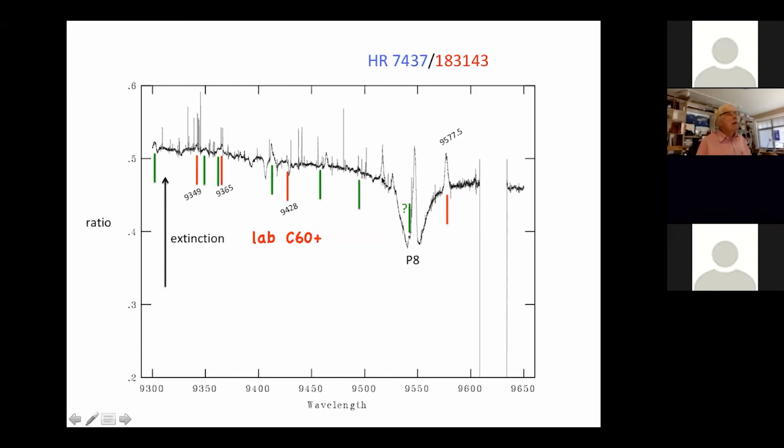This is a stellar line seen in reverse. Possibly even a diffuse band here. So not only are these lines of C60 plus present, we have a whole lot of other diffuse bands. And the real shortcoming, and the only shortcoming perhaps of ESPaDOnS, is the fact that part of this order falls off the edge of the detector. And so there's a gap where we'd like to see the other strong line. So we've never been able to make direct comment about that line or so-called detection because it's missing from the spectra.